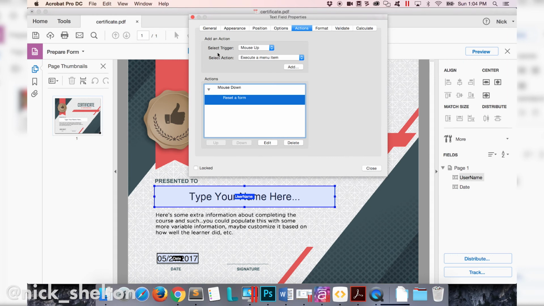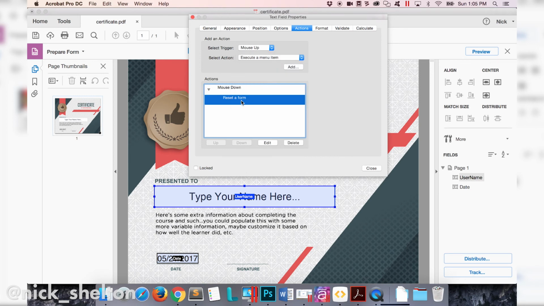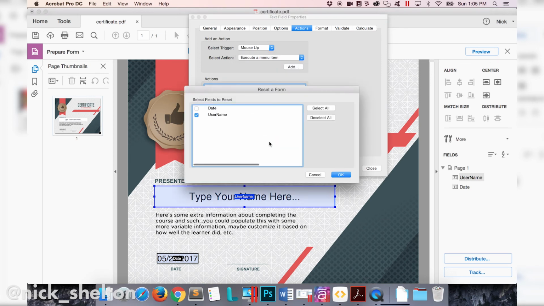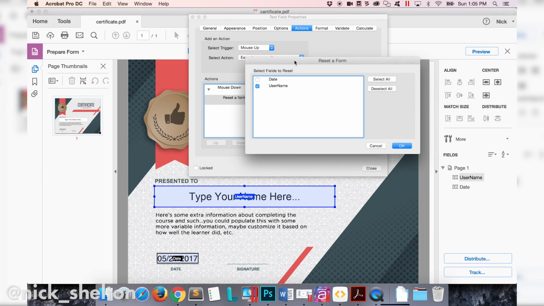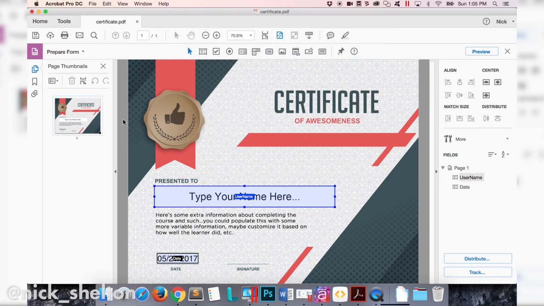could run JavaScript here, but I actually don't want to. I could do all sorts of things. There are a lot of cool things to play around with here, but what I want to do is I want to reset the form. There it is. I'm not going to add it because I already have it, so let's just edit what I have here. And it's literally, what form objects do you want to reset? Well, I don't want the date to reset. I just want to reset the username. I click OK, I close, and now I have these actions that allow me to do these things in the